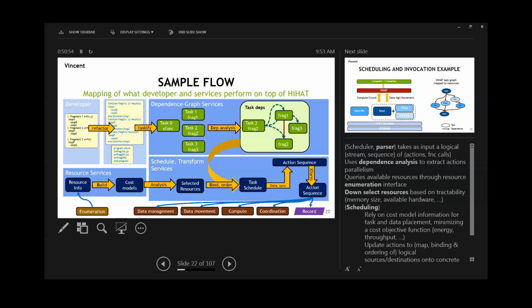But just another key comment. Let's keep clear that the kinds of things we're talking about are all really cool stuff, but these are all really hard problems. All the stuff that you see in these services, all the blue boxes, are essentially things that are happening above the HiHAT user layer, so this is basically on a runtime. We want to build out services that will facilitate that and that people can use and share in common. But we don't have to solve all of those problems before we get going. We do need to make sure that whatever requirements are induced by those issues are comprehended by the lower APIs, so that we don't sign ourselves